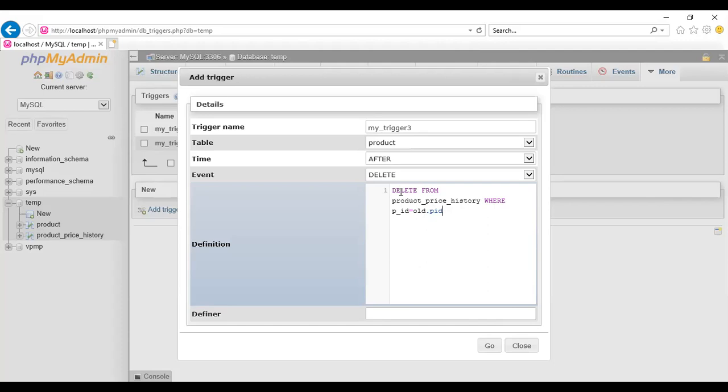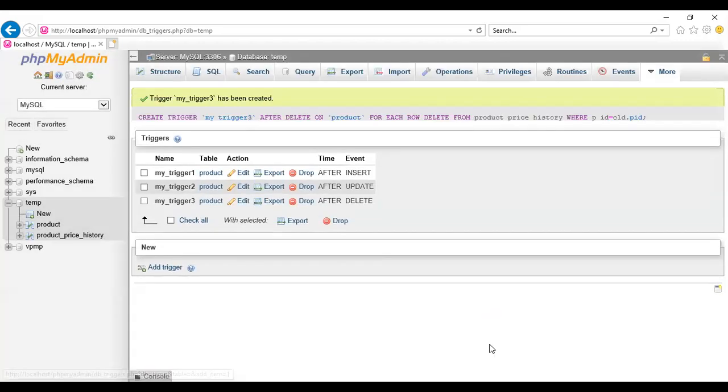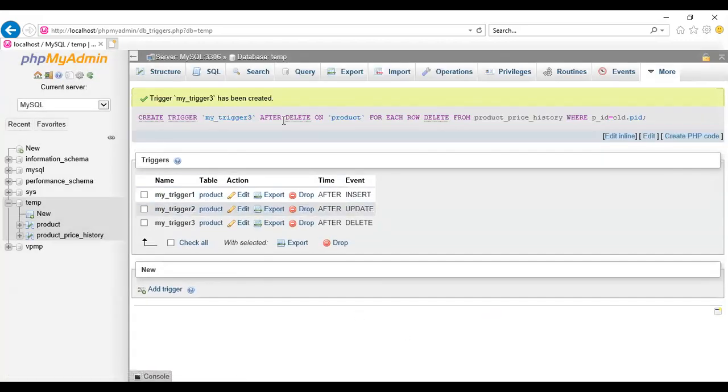Now press the button Go. This trigger is created successfully. Whatever triggers are there: my_trigger1 is for insert, my_trigger2 is for update, and my_trigger3 is for delete. See here the events.